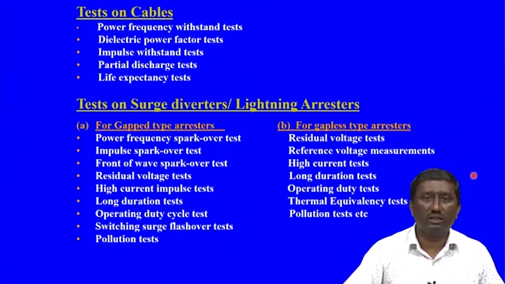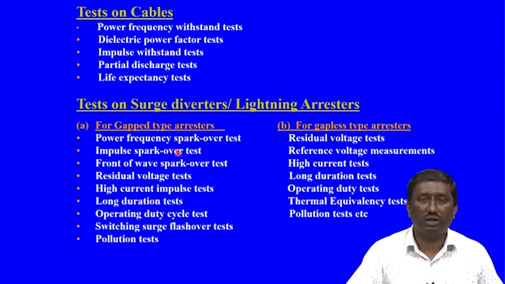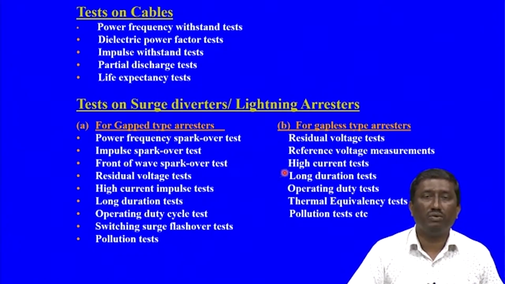So, earlier silicon carbide was used with the gap type arrangement. Basically, silicon carbide or zinc oxide are non-linear resistive elements which are stacked one above the other. Zinc oxide has better characteristics compared to silicon carbide. That is how the technology has migrated to zinc oxide. So, for the gap type of arresters